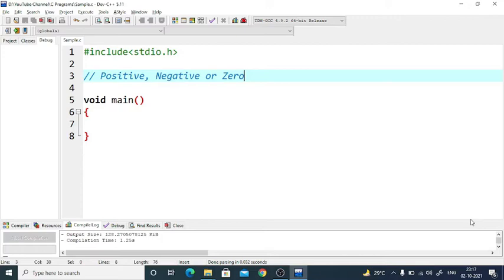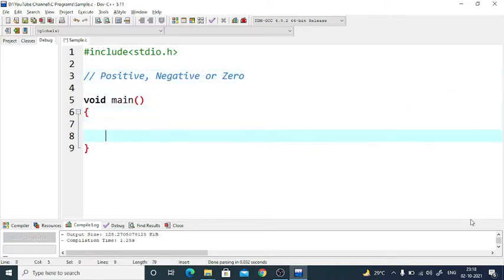In this video, we'll have another program on if else, or to be precise, nested if else. The program will be accepting an integer and we will be checking whether it's a positive integer, negative integer, or zero. Again, a very simple one which will be helpful to understand the concept, and it can also be used as an example while explaining this particular concept.